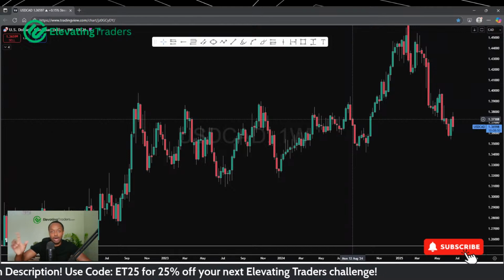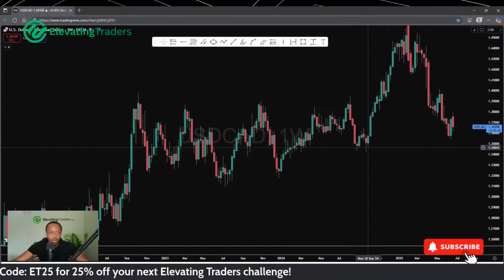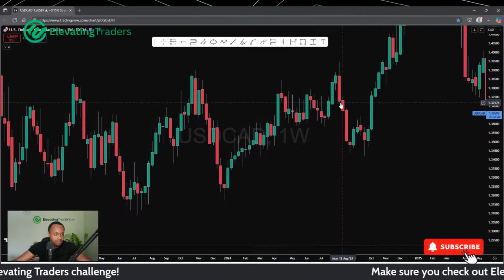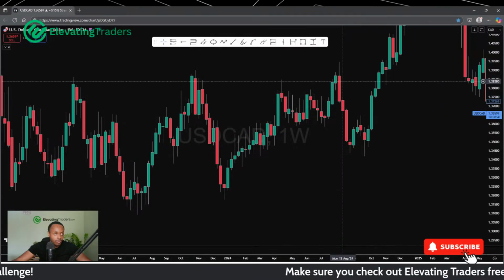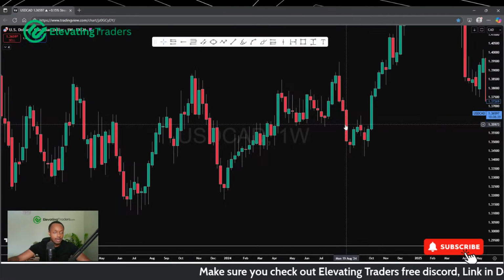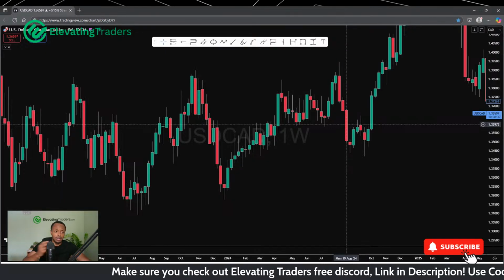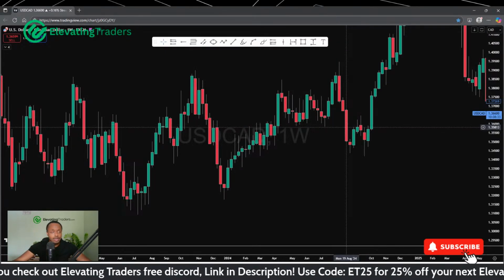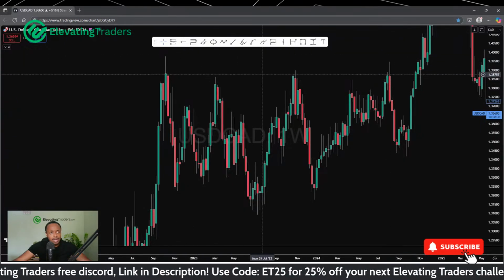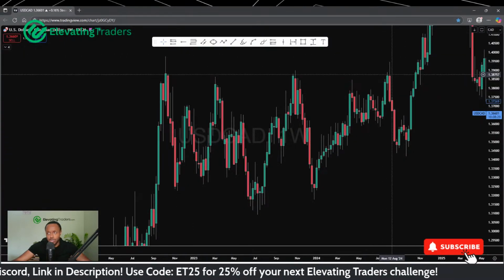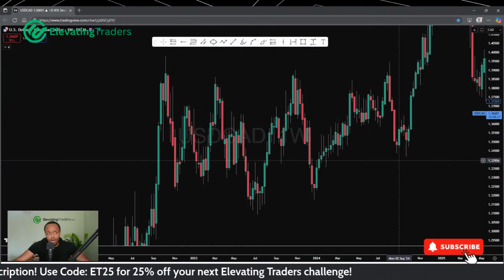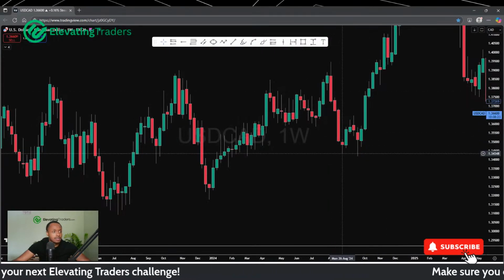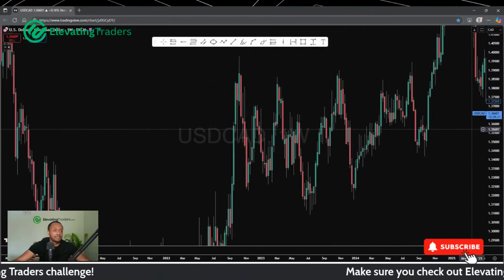Always be prepared for upper wicks as well. Sometimes they can be quite long. Of course, in this case, there was not much of an upper wick. We just kind of melted. But sometimes we could provide a bit of upper wick first before continuing bearish, so be careful of that. In fact, you probably want to see an upper wick because it gives you an opportunity to get entries at a better price the following week. But the key takeaway here is resistance, big wick rejection, strong close. The likelihood is that we are going to see downside. Then we did see bearish candles for the next 3 weeks before price did push higher.